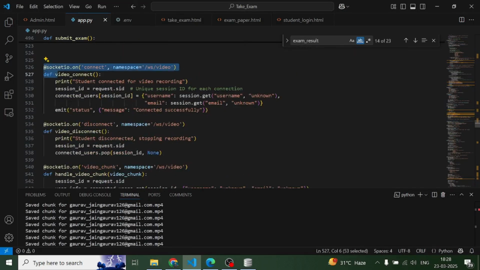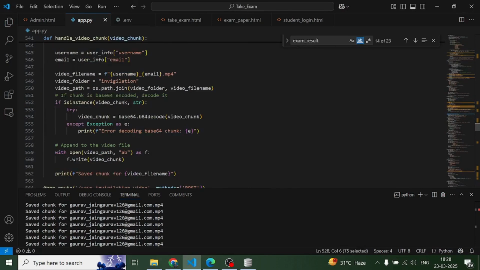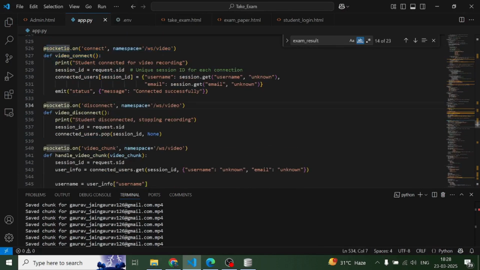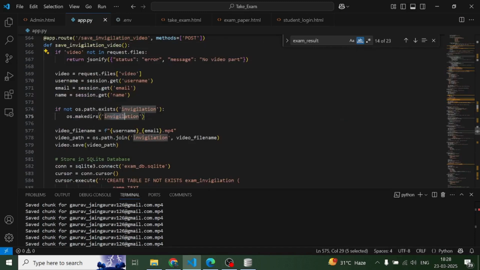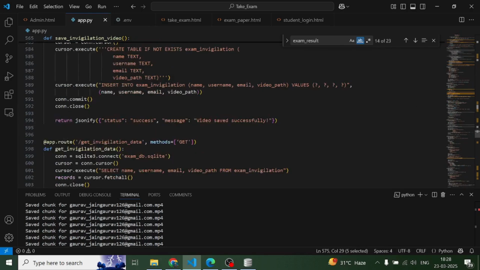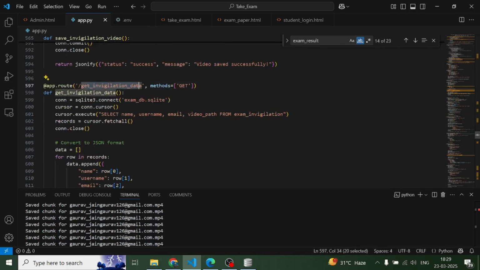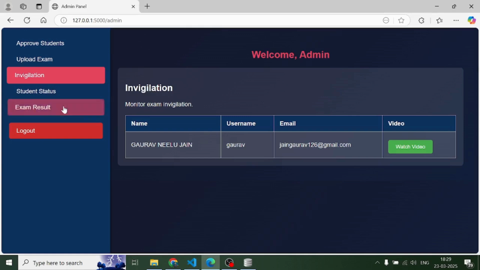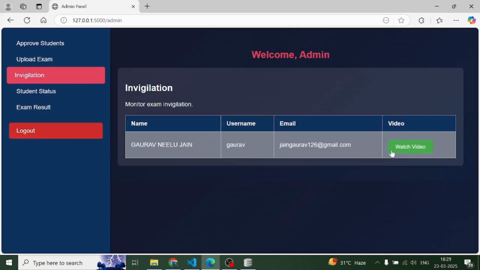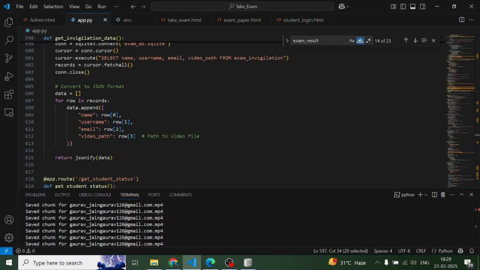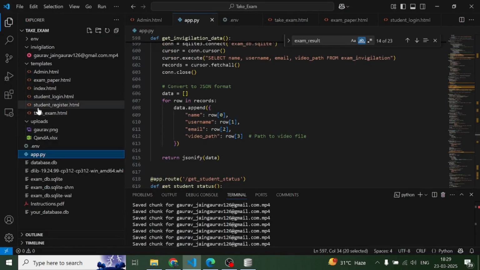The code which is starting from here till socket.io, socket.on, all this is doing the video capturing, and finally it is getting saved in this invigilation named folder. Okay, then comes this get invigilation data. So this is how we're getting the invigilation data on this invigilation page. And when we do this watch video, basically this is nothing but a front-end function that we have used over here in this page called